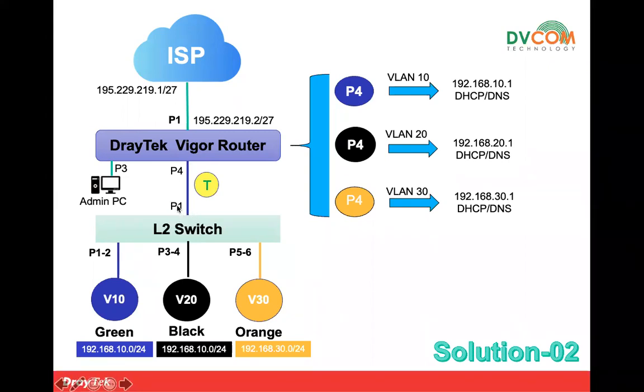Then once you tag and send the information to port number 4, inside port number 4 you need to tag the VLANs. Like when the traffic comes for VLAN number 10, you need to add the VLAN ID as 10 and create the IP address 192.168.10.1. Then you can enable the DHCP and DNS. When the traffic comes from VLAN number 20, the tagged port is going to add the VLAN tag and send it to port number 4. For VLAN number 20, you set the gateway as 20.1 and enable the DHCP and DNS. Similarly, for 30.1 is the gateway, and you can enable DHCP and DNS.